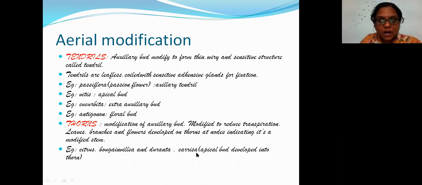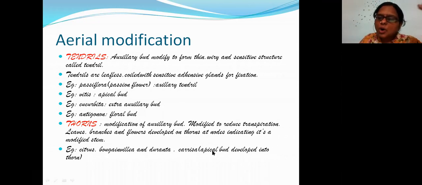But Carissa, please, these all put up in the exception. Carissa has an apical bud which has developed into the thorns. Okay, so mostly thorns are the modified axillary bud, but Carissa is an exception, where in that particular plant the thorns are developing from the apical bud, not from